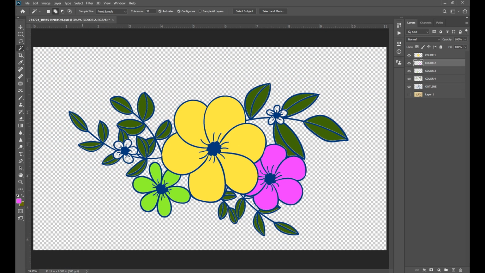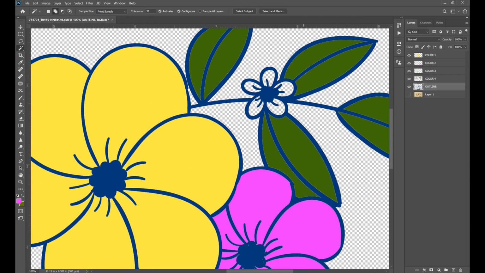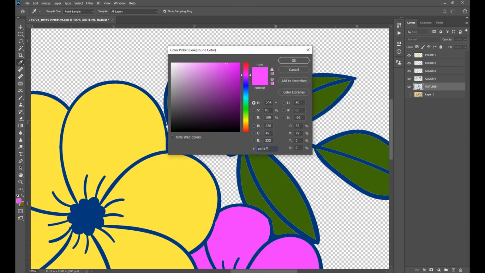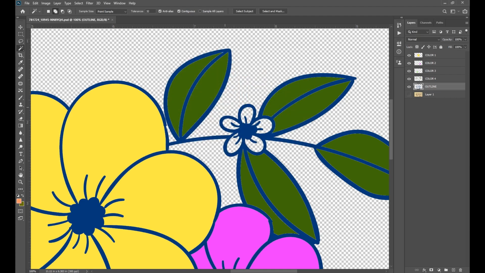Right. So now only these two tiny flowers are left. So again, I'm going to go to the outline layer. I'm going to zoom in to these flowers because they're very tiny. Again, make a different color for these flowers. Let's say this time I'm coral peach. So I'm going to click here on all the petals